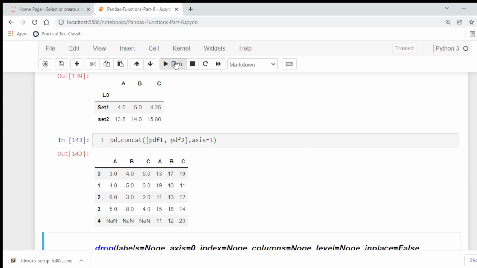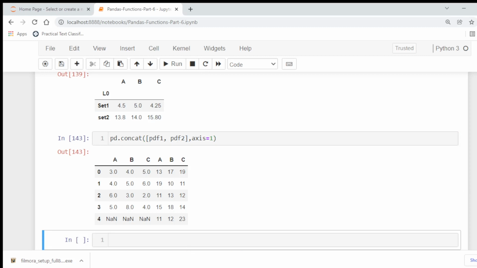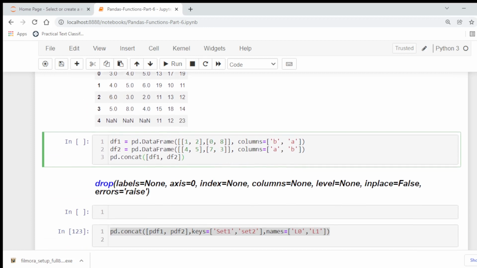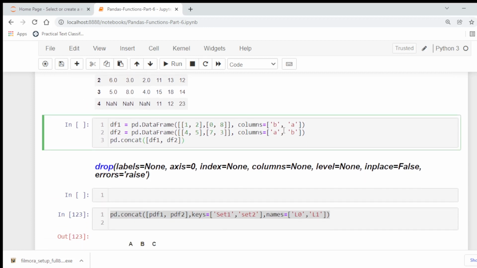So in this way, for example, here we have data frames of different order. There are two data frames, df1 and df2, in which the column names are out of order.